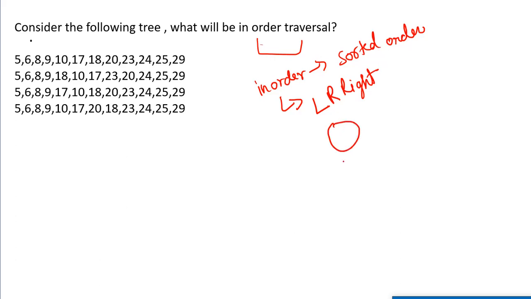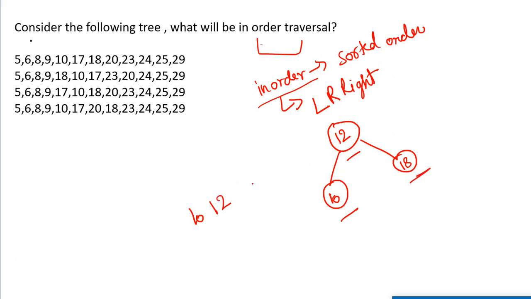And this is our binary search tree, let's suppose. So what is the rule in a binary search tree? That the left child should be smaller than the parent node or root node, and the right child should be greater than the root node. So let's suppose here we have 12, here we have 10, and here we have 18. As you are doing in order traversal, first you give the preference to the left child, so 10 will be there, then the root node, so 12 will be there, and then the right child, so 18 will be there. And you can see this is sorted ascending order, right? So let's search for a sorted ascending order, and that will be the in order traversal.